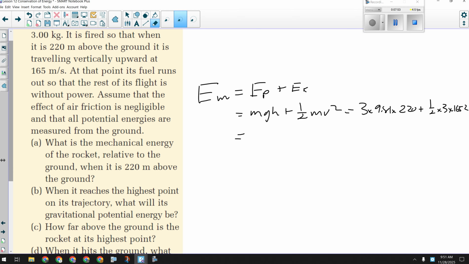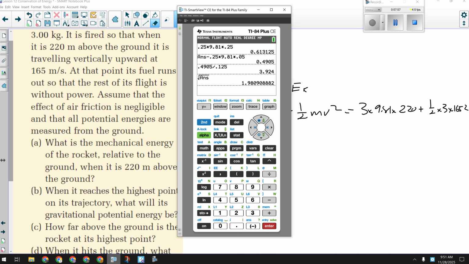That will get us the mechanical energy at the initial point. So 3 times 9.81 times 220 plus 0.5 times 3 times 165 squared. Okay, so there's my mechanical energy,